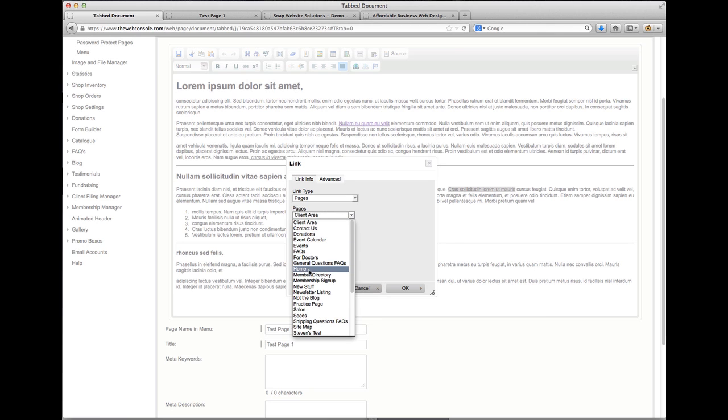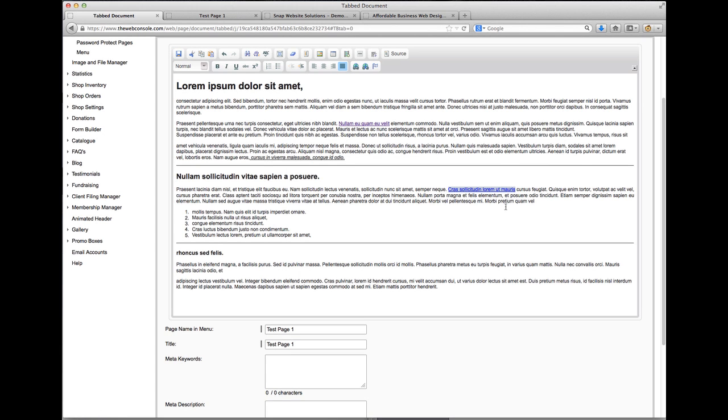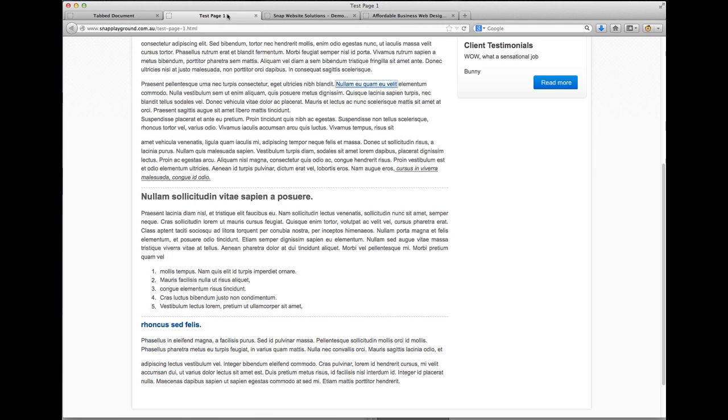So we'll just put it to contact us page. Because this is a link to an internal page on the website, we do want it to replace the content of the page. So we're just going to click on OK here. And same thing again, we'll just test that this link has actually worked. If we save the page with the save button up here